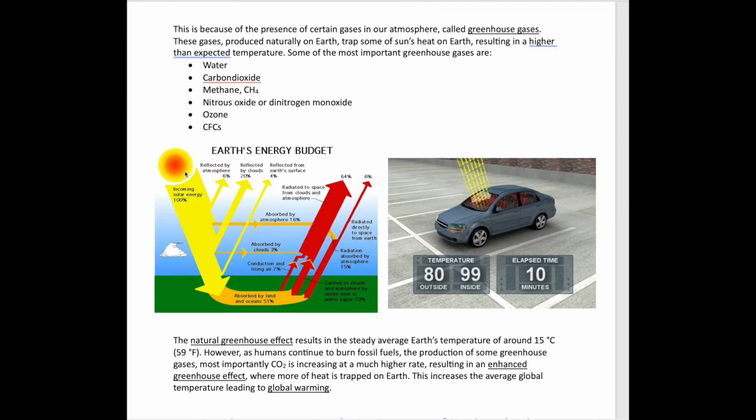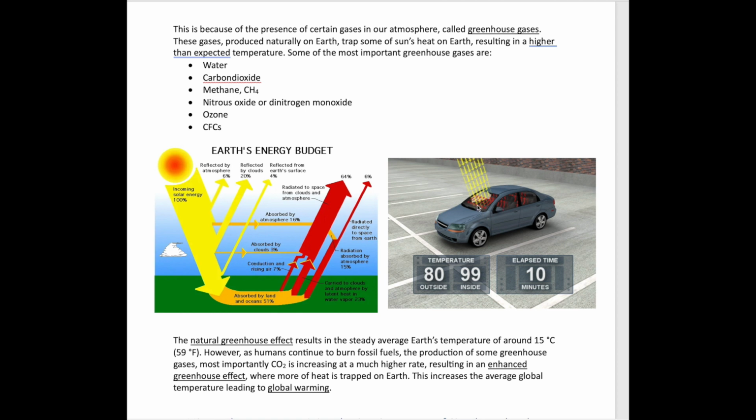The amount of energy that comes in from the sun and the amount of energy that's being reflected or emitted back out into space from Earth is what we call the Earth's energy budget. We have a certain quantity of them that stays on Earth. And again, that's normal, right?